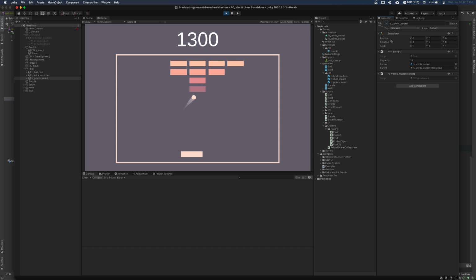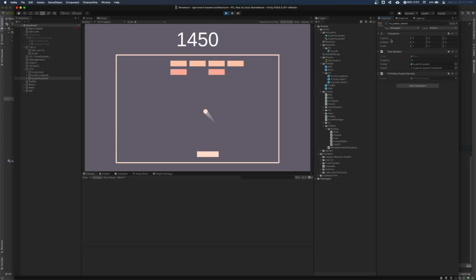And we say, okay, well, I already have this event. I already know how much was earned. I can just spawn another effect where the brick was broken. That's that transform source. And we can show the points awarded. And so now you see, oh yeah, I earned 50. Now that looks nice. And again, this is fully decoupled from the score manager.